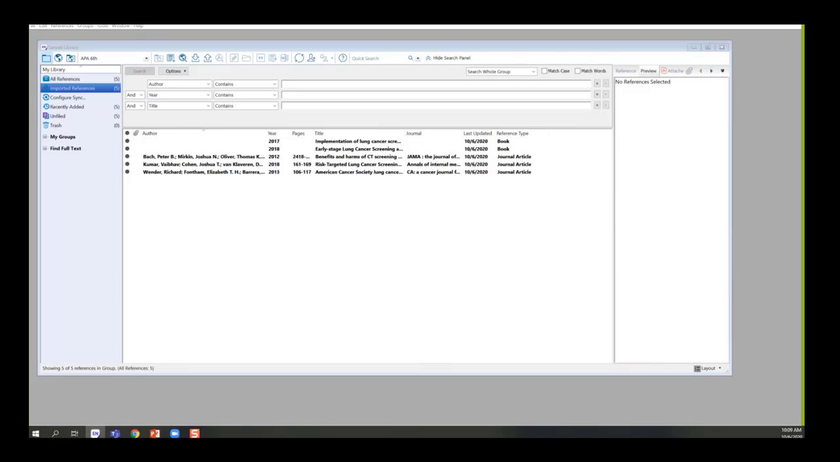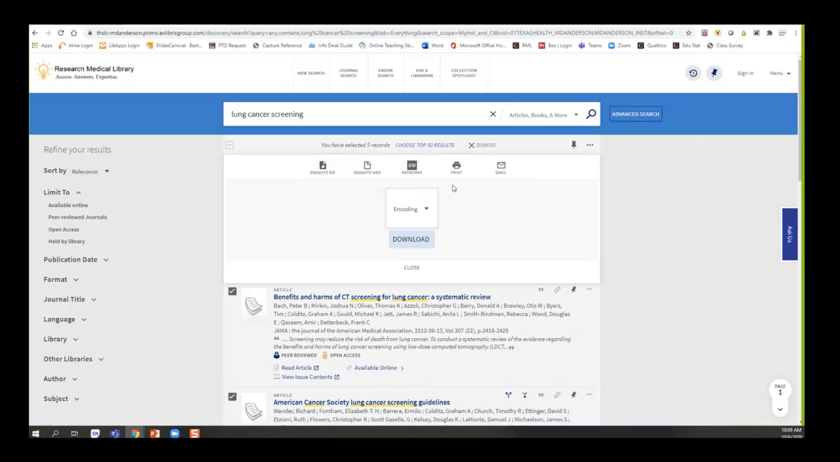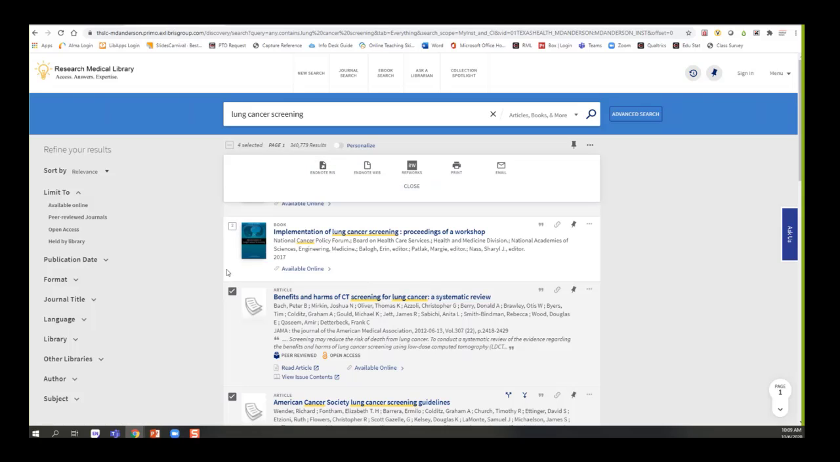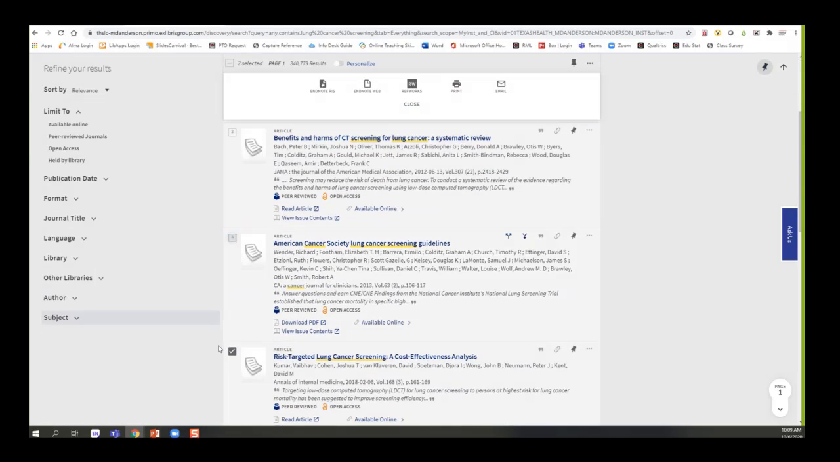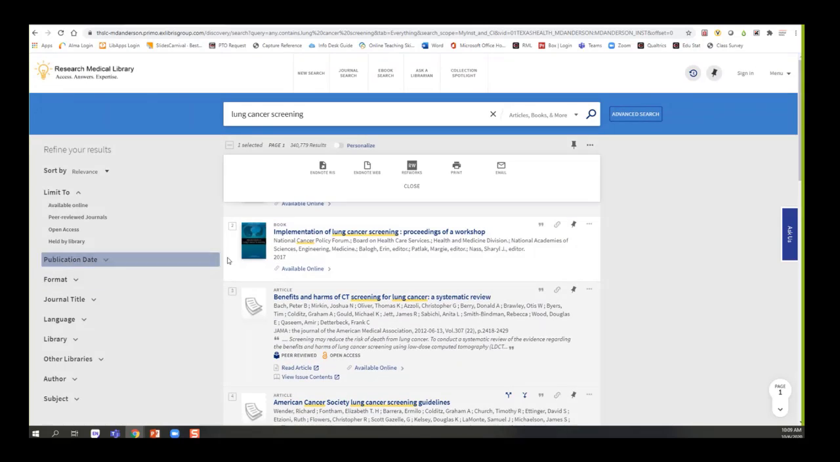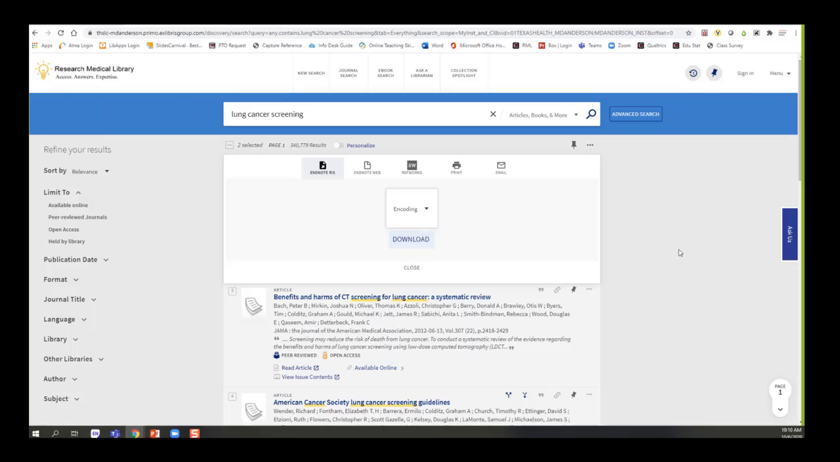Do we have any questions on how I was able to do that? And then just quickly going over that again, you would first select, I'll just unclick these, you would select the reference, click on the ellipses, EndNote RIS, and download. If there are no questions about that, let's move on to the second way to get a reference, which is